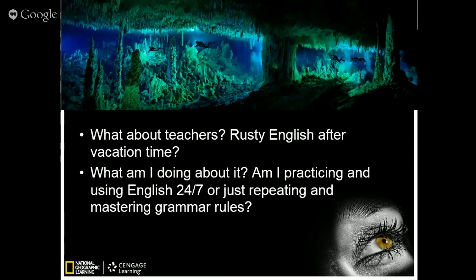And also, working on the same line, it's like what am I doing about it, right? If I want to improve my English level, if I want to maintain, to keep my English level, what am I doing about it, right? Am I practicing? Am I listening to music 24/7? Or maybe I am just repeating and mastering grammar rules and vocabulary for my classes. So that's something that I want to change. I don't want to be the master in terms of simple present rule, past perfect, conditional, modals. No, what I want is to actually use English in a very communicative way and obviously make my students do